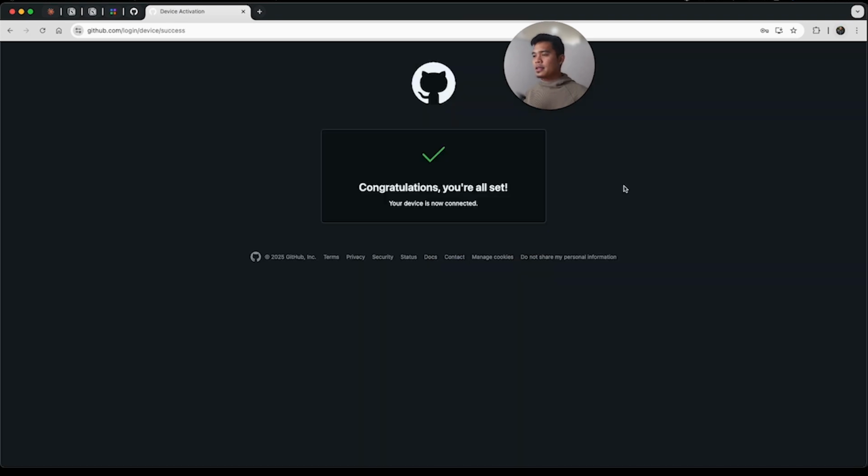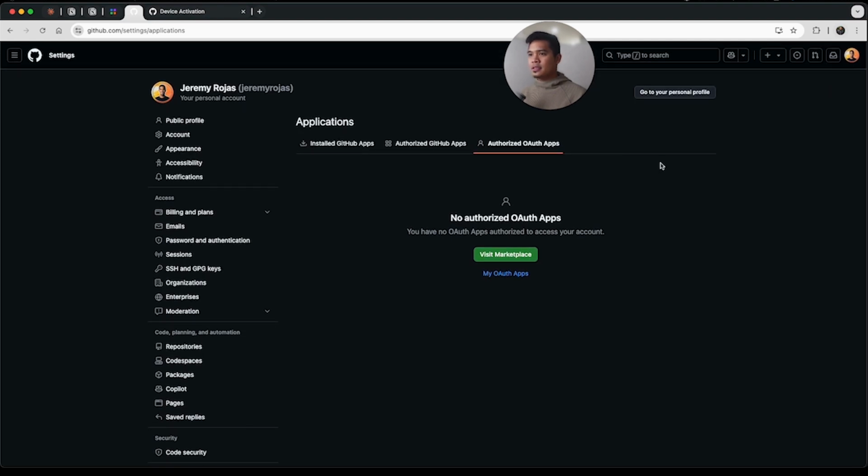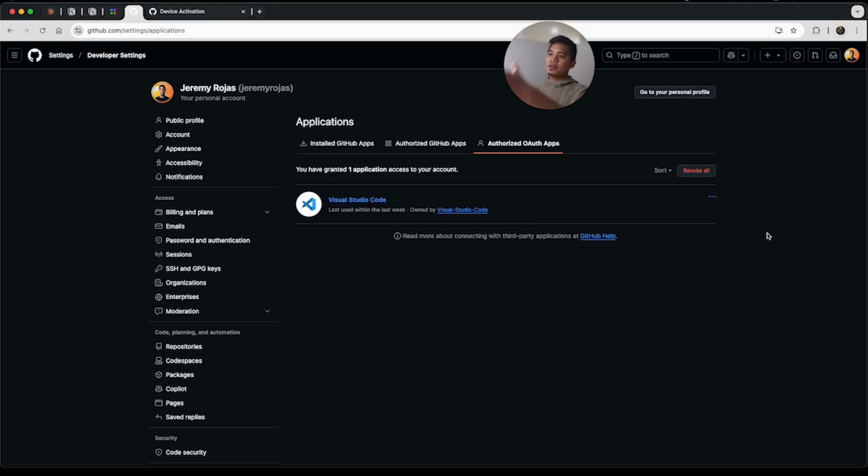Need to sign in. Okay, so now we are all set with the Cursor GitHub integration. So let's go back to my GitHub account. Remember, this is the settings, applications, authorized OAuth section. Let's click refresh. And here we have Visual Studio Code listed as an authorized OAuth app with our GitHub account, which means we now have access to push our code